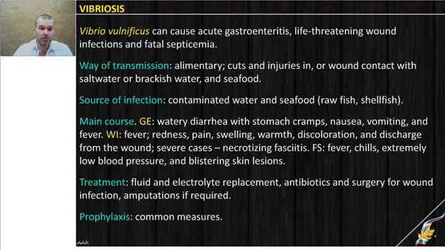The second bacteria, which is more dangerous and more important, is Vibrio vulnificus. That bacteria rarely causes gastroenteritis. More often it is associated with wound infections, and a few cases of fatal septicemia were described. So in the case of enteritis, bacteria is transmitted by the fecal-oral way, of course, but if you talk about wound infections and septicemia, then the disease is transmitted by different cuts and injuries of the wound, which are obtained in the water, or if you already had a wound, which is surgery or some other scratch, but it is a deep wound, then swimming in the water or any contact with the water can lead to infection.